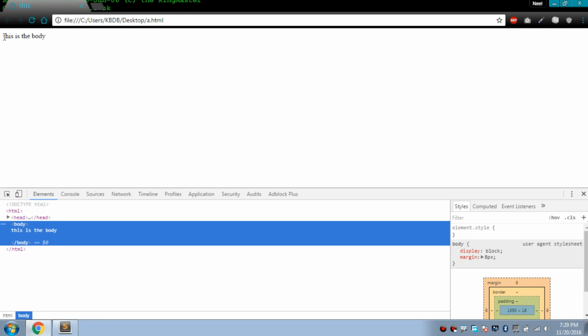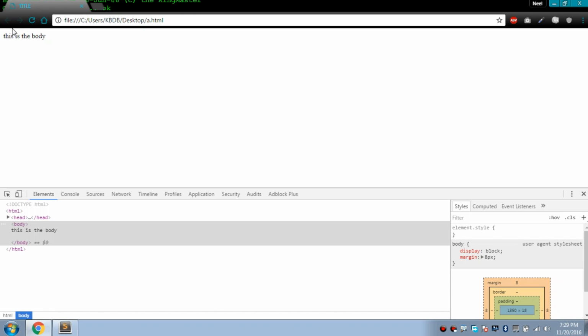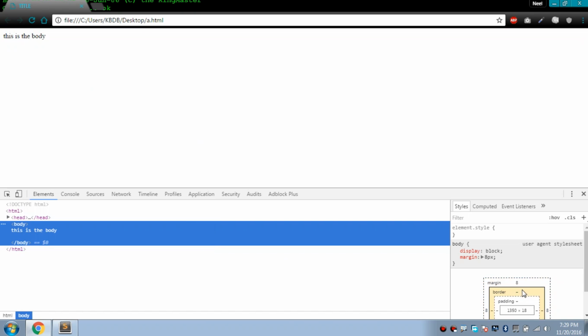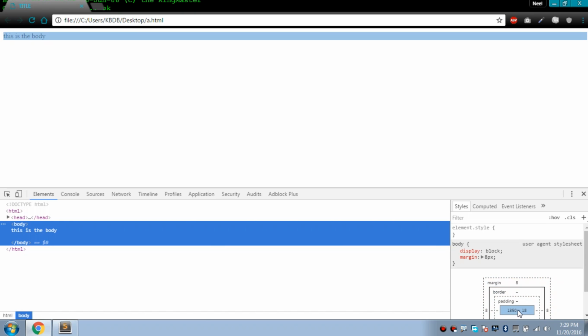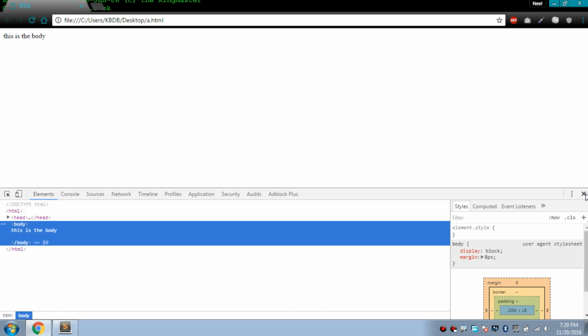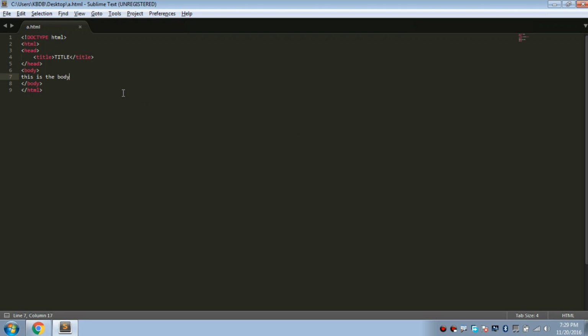But it is spaced, right, even from the top and even from the left. So why is that? Because the body tag has a default margin of 8 from all the sides, and this is the actual dimensions of the body tag inside. So just understand that all the things that you want to show inside a HTML document, you'll put inside the